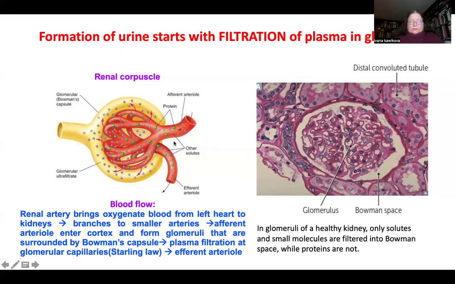This renal corpuscle, you see also here. You see the glomerular network of capillaries, and you see clearly the Bowman space here. And around here, you see the folded tubules cut cross-sectionally. The way the blood, or plasma, is being filtered into Bowman's space follows the principles of Starling's law on capillaries, which